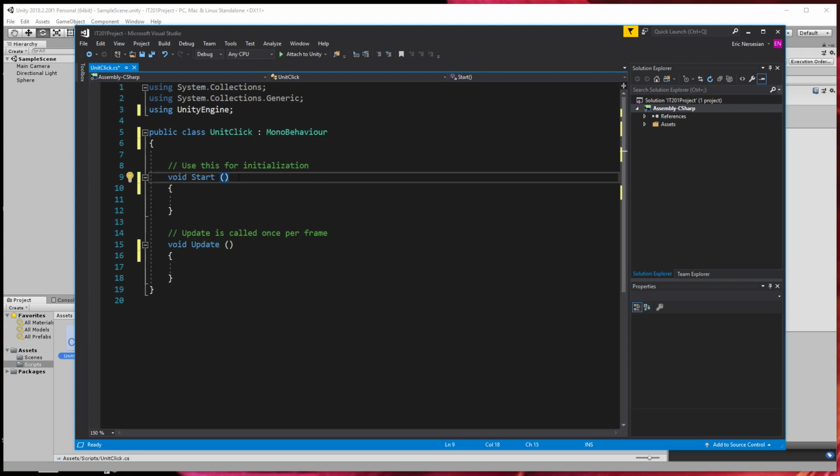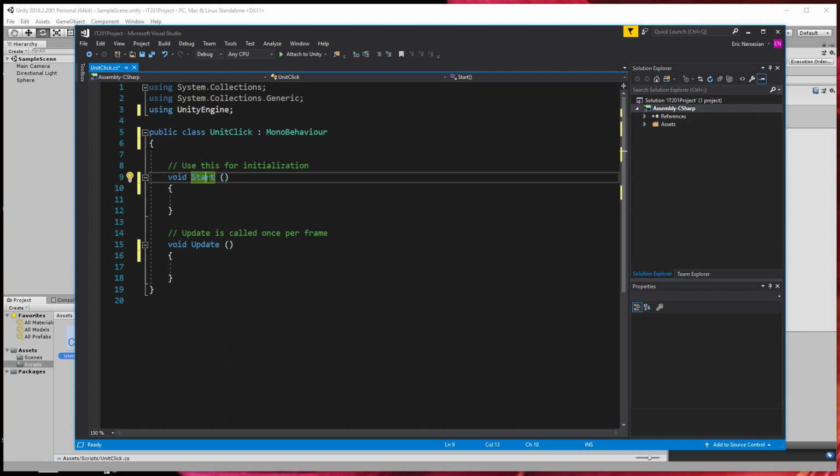So methods are also called functions. There's sections of code that you can call from within a script or another script, and it's a good way to reuse sections of code instead of writing it over and over again. You might put it into a function or a method and then call that method over and over again as you need it. So these are kind of special methods,